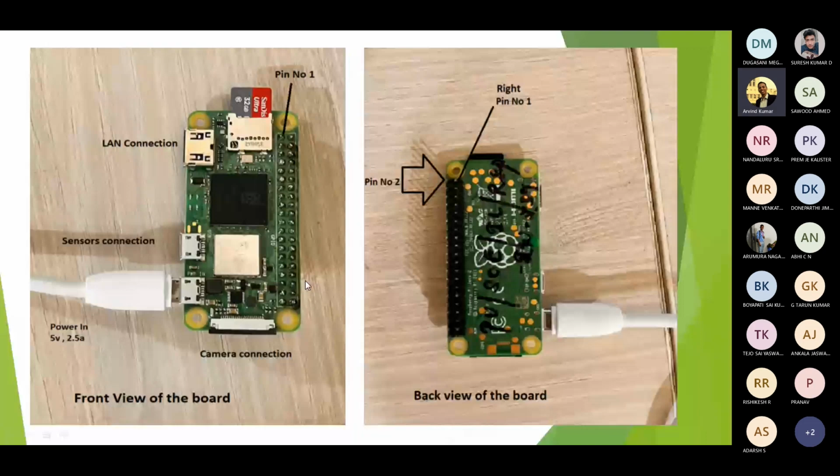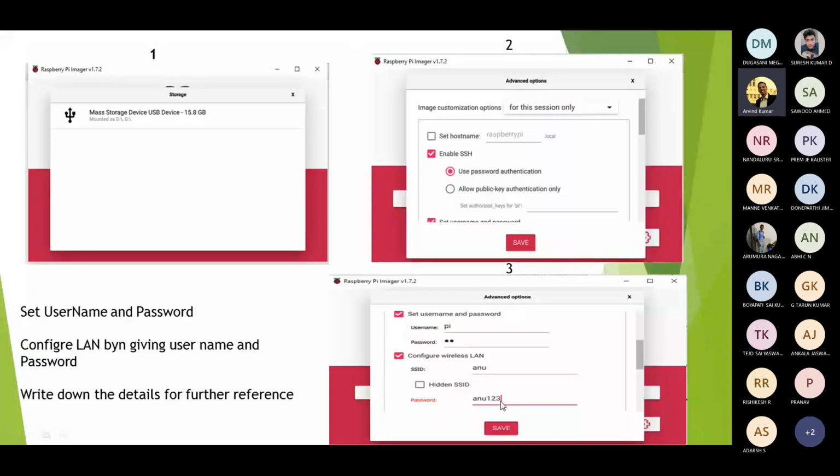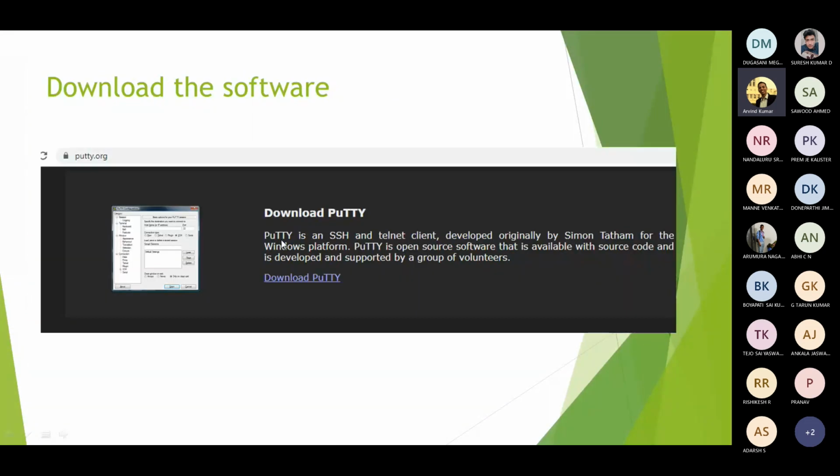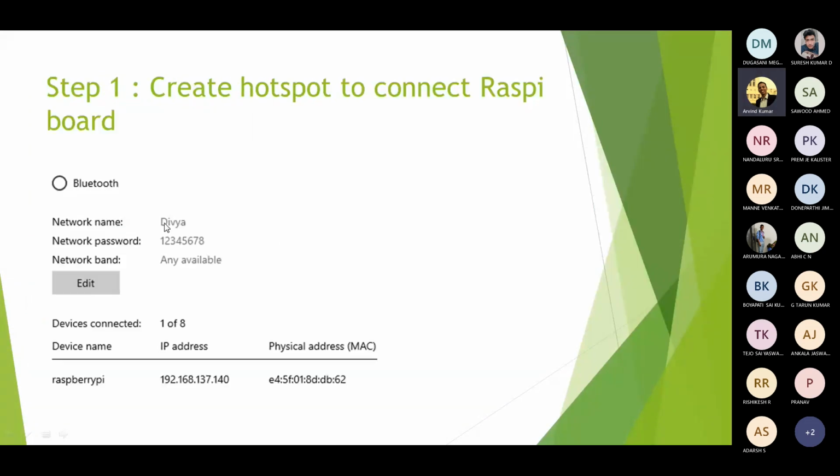As you can see, this name Anu and Anu123, right? So Anu and Anu123 is the username and password. The same name you have to give here as the hotspot name. So this was given by Divya ma'am. She has given Divya and 12345678. Once you give this name, your Raspberry Pi will be connected to your hotspot and you will get